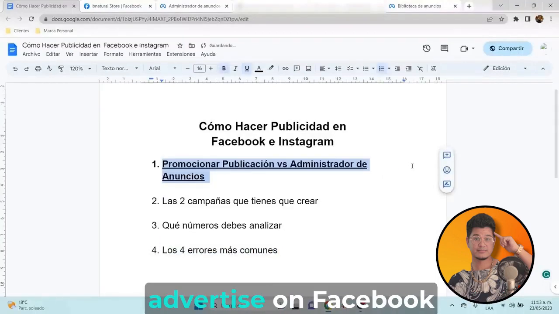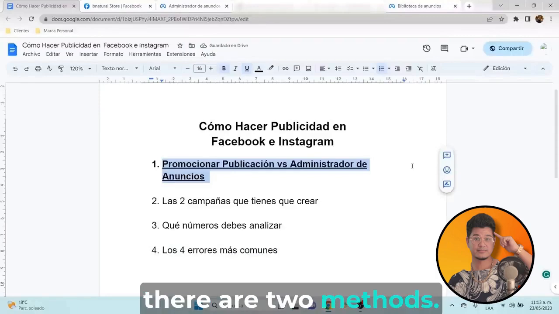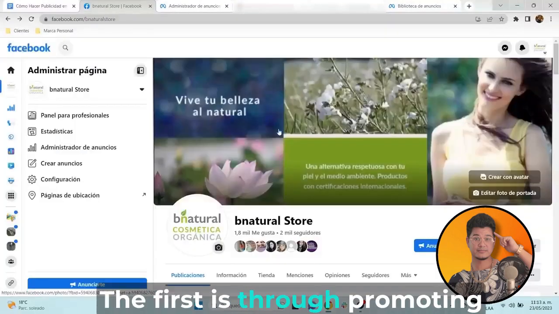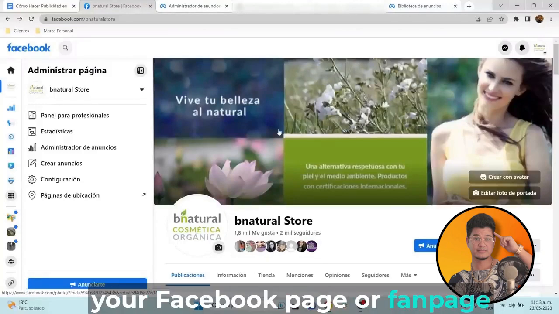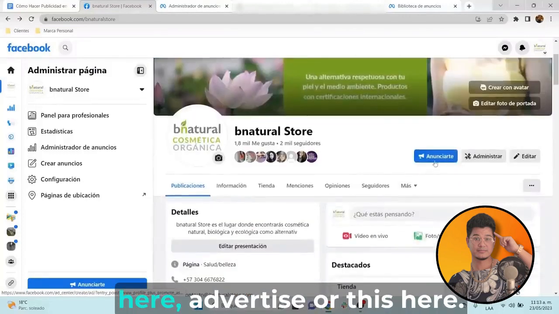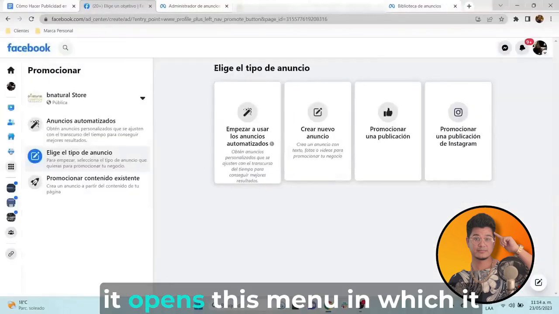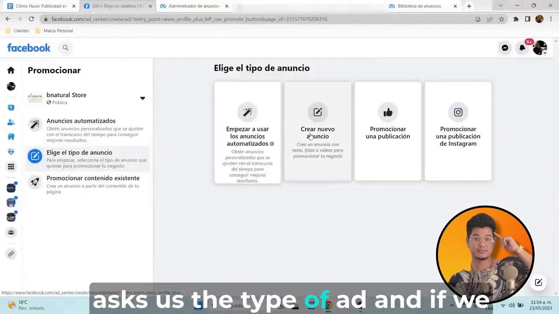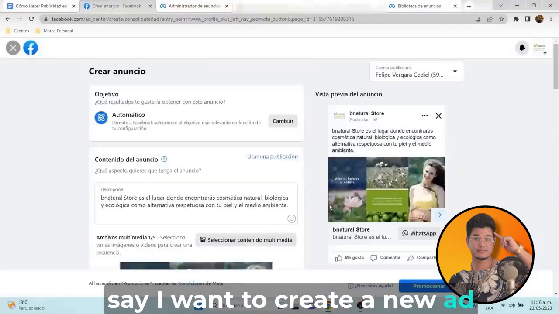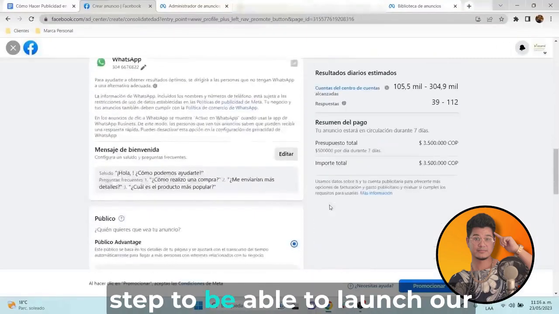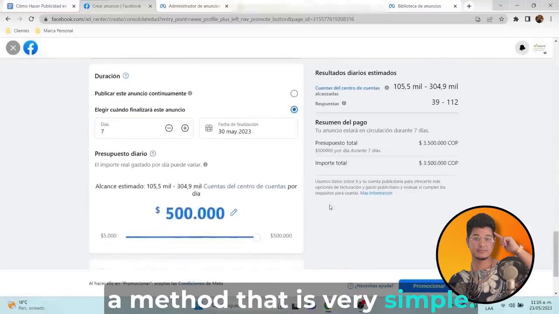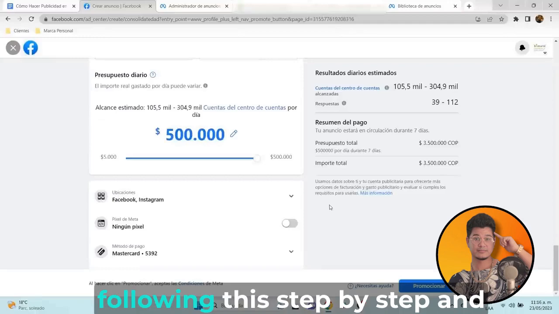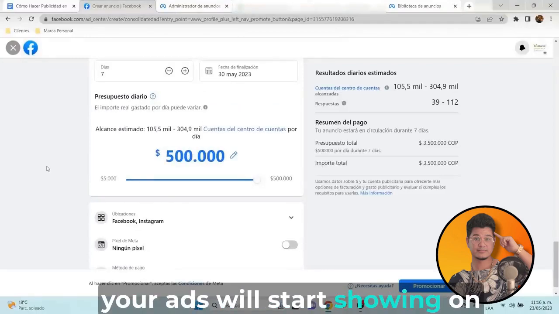And when you are going to advertise on Facebook and Instagram, there are 2 methods. The first is through promoting publication. And you find that if you go to your Facebook page or fan page and see this button that says here, advertise or this here. And when we click, it opens this menu in which it asks us the type of ad, and if we say I want to create a new ad, here it shows us a step-by-step to be able to launch our advertising, and really this is a method that is very simple. You can take 5 or 10 minutes following this step-by-step and your ads will start showing on Facebook and Instagram,